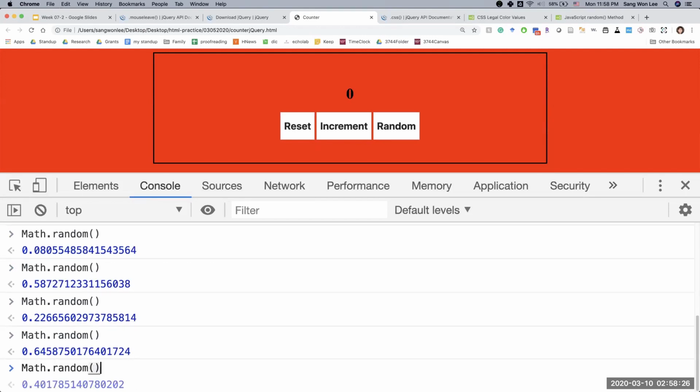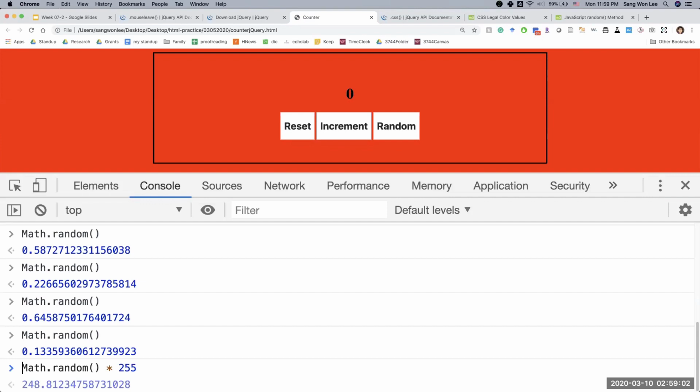Again, in console, the up arrow is going to give you the history of commands that you typed. So I'm using that. So how do I get the number between 0 and 255? One quick way to do it is to simply multiply by 255, and then it's never going to go over 255 because the maximum value cannot be 1. And then maybe I would have to take out